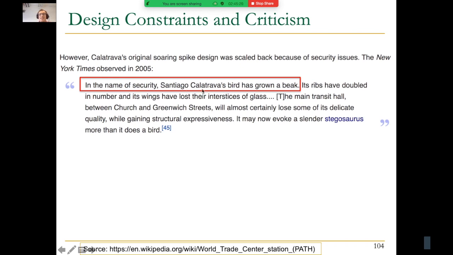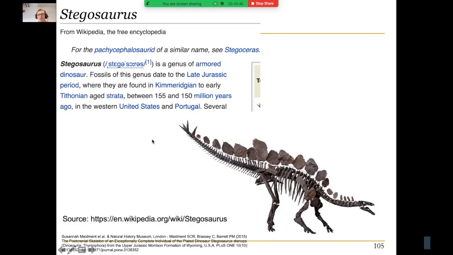Somebody said Santiago Calatrava's bird has grown a beak in the name of security. Its ribs have doubled in number and its wings have lost their interstices of glass. So they had to eliminate glass, you can see, at some particular places. Now it may evoke a slender Stegosaurus more than it does a bird. And if you're curious about what a Stegosaurus is,